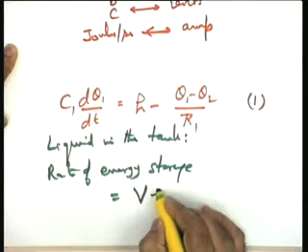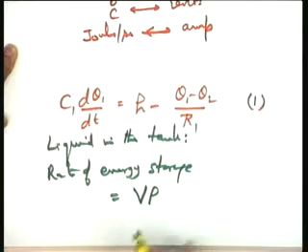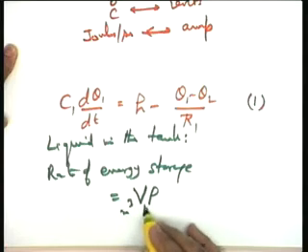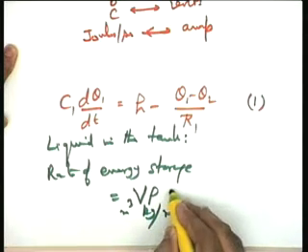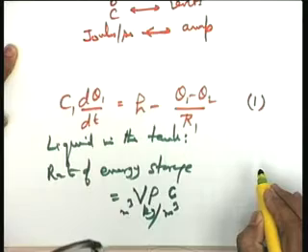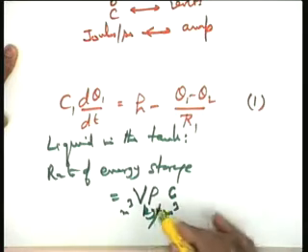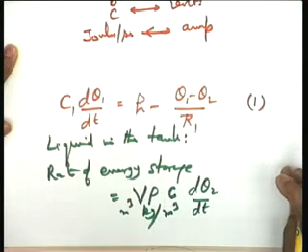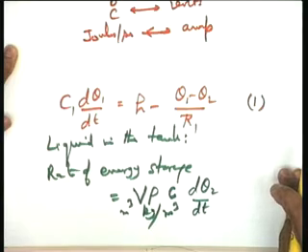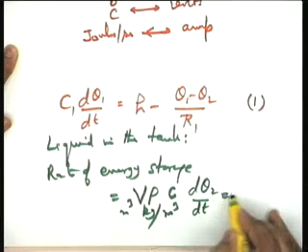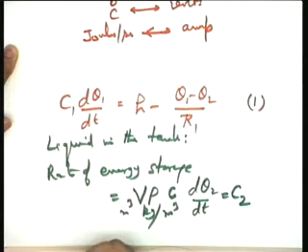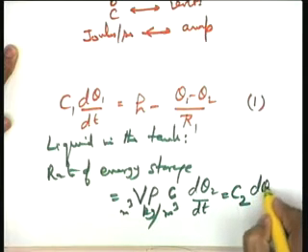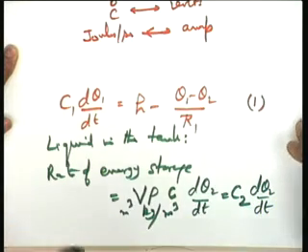So V the volume, rho the density, units you can take meter cube, kilograms per meter cube, and of course if I multiply it by specific heat, V rho C becomes equivalent to MC, and V rho C d theta 2 by dt, the units will turn out to be joules per second, and it is the rate of heat storage in the tank. Okay? And now I hope you won't mind if I write this as directly C2 d theta 2 by dt, where C2 is the thermal capacitance of the tank liquid.